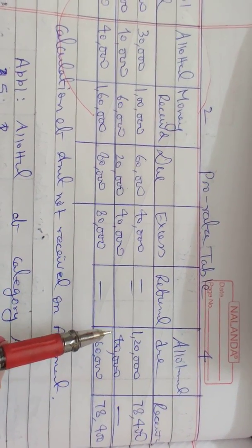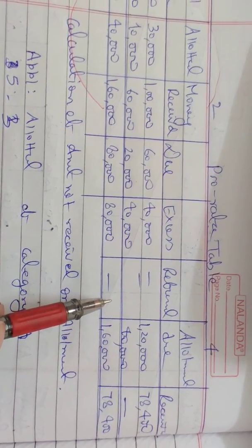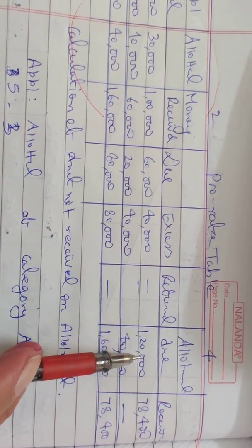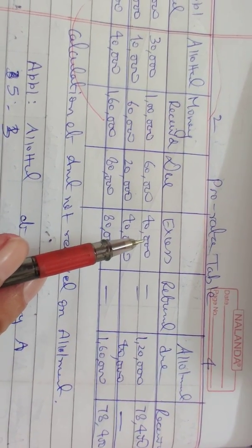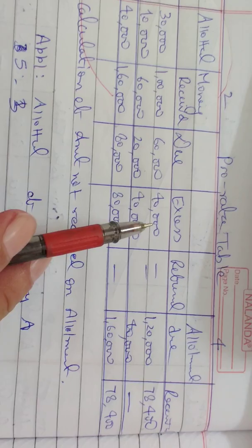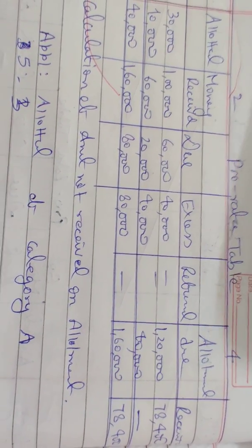In the second category, 40,000 is due, while 40,000 is already lying, so nothing is to be called in category 2. But in category 1, 1,20,000 is due and excess lying is 40,000. Clear? So we will receive 80,000. Out of this 80,000, 1,600 was not received from Neeraj. So total amount received is 78,400. Clear? I hope this working note is clear to you. In case you have a doubt, you can call me.